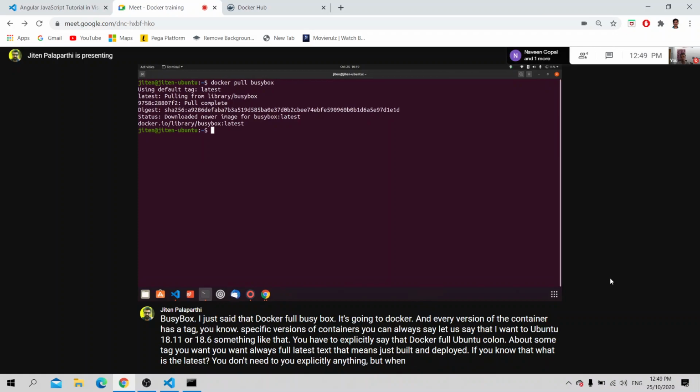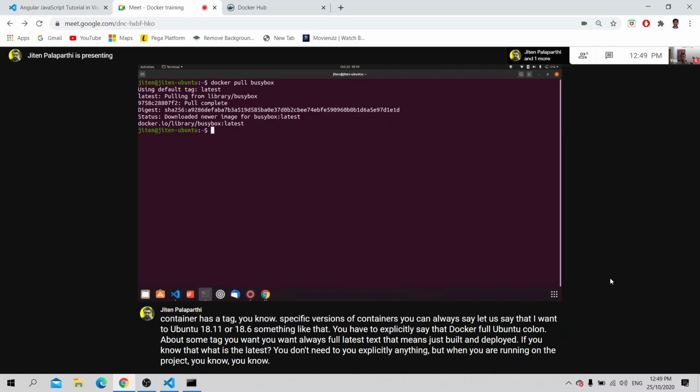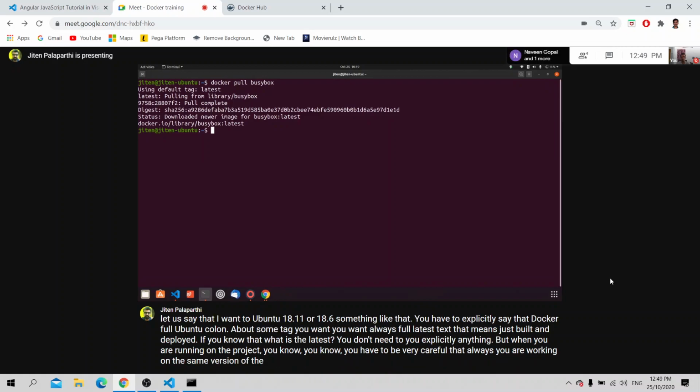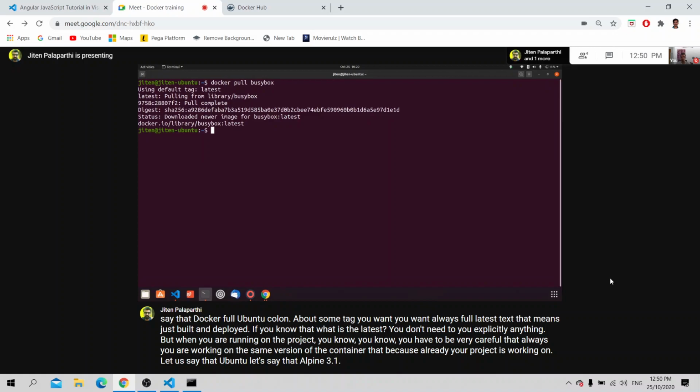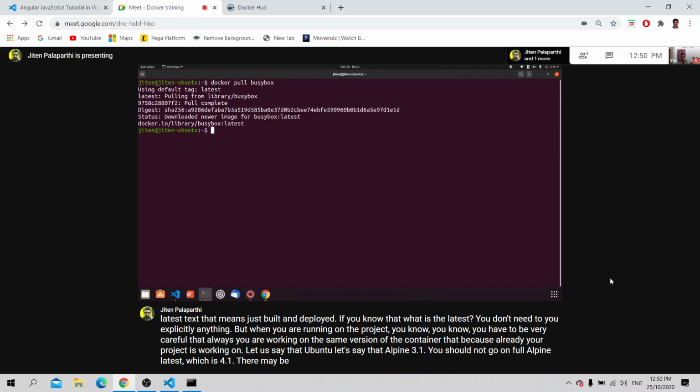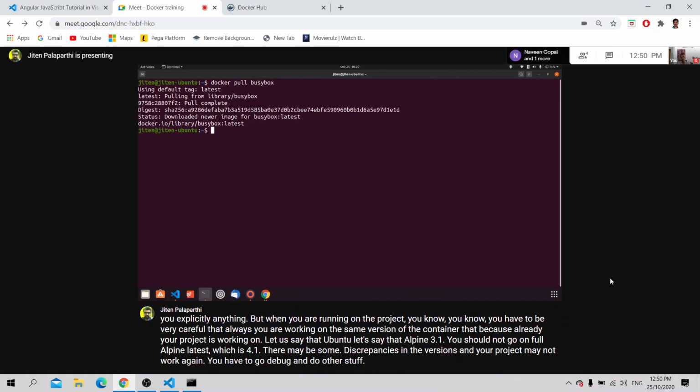But when you are running a project, you have to be very careful that you are always working on the same version of the container. If your project is already working on, let's say, Alpine 3.1, you should not pull Alpine latest, which is 4.1. There may be some discrepancies in the versions, and your project may not work. Again, you would have to debug. To avoid that, always pull the proper tag.